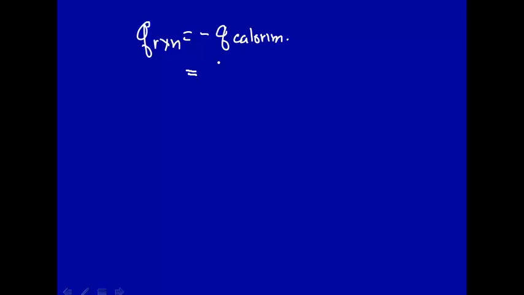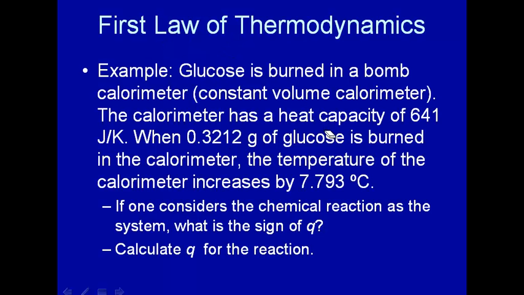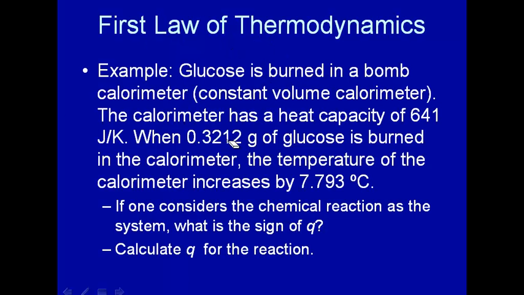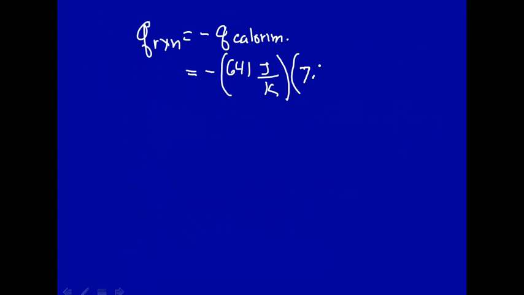How do you calculate Q calorimeter? We know the heat capacity, 641 joule per Kelvin, with a minus sign. That's a heat capacity, not a specific heat. It's just joule per Kelvin. And let's look at delta T, final minus initial. Well, it's already given, 7.793, and that is in degrees C. That's also in Kelvin. Let's write it in Kelvin this time so things cancel out. So we calculate this out, and we get